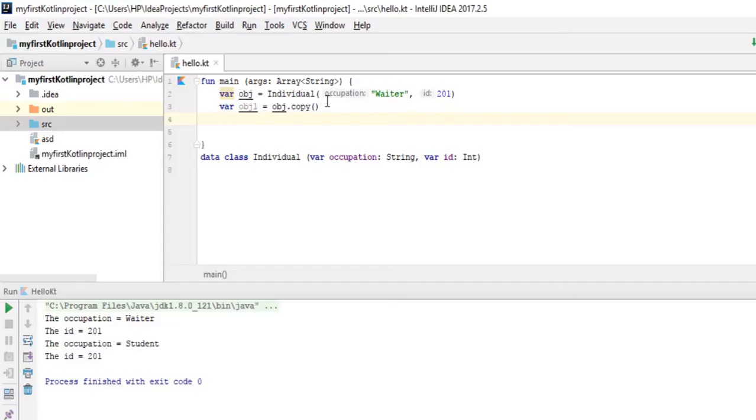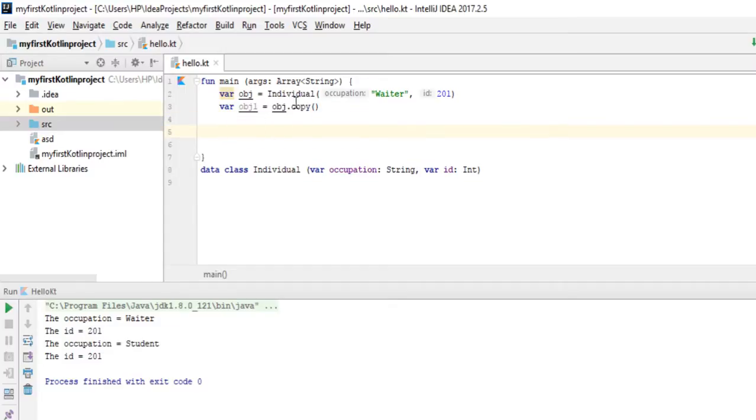For example, if I print the hash code of these two objects, we will have the same hash code, and we can see that these objects are equal. So how can you print the hash code? By using the hash code function, which I will call in the println statement.